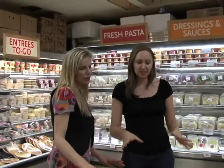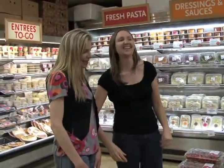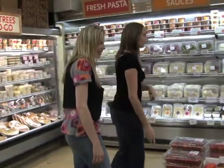Some of the most delicious. Don't these look like bell peppers from far away? They could be. I need my new glasses. Okay. So